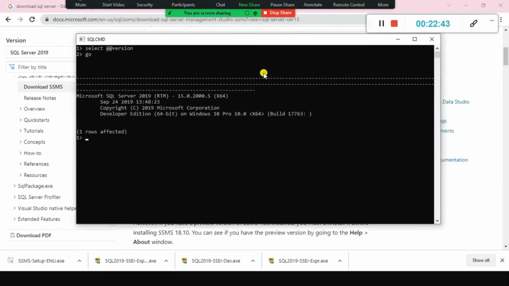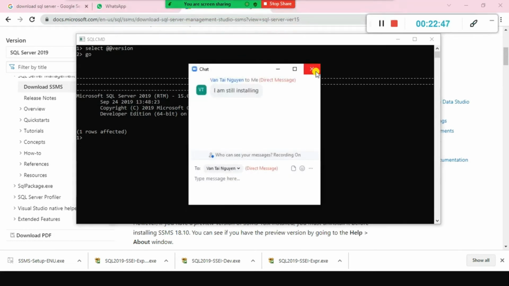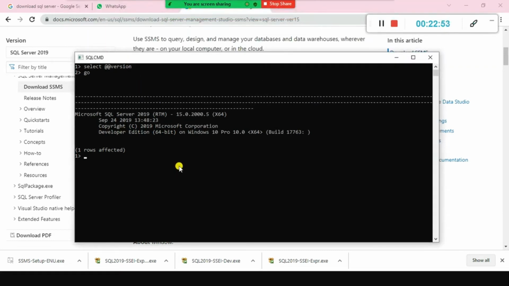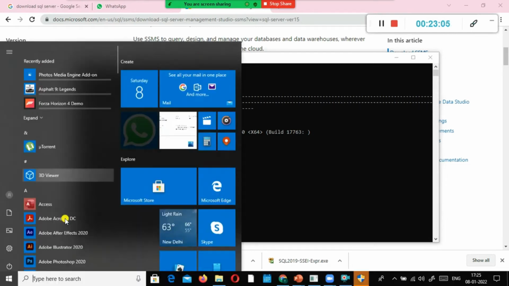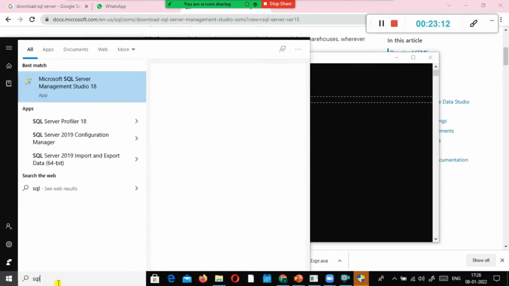Once the SQL Server gets installed successfully, no problem, you carry on. If the installation is in progress, you just minimize the window and watch my screen here. Once the installation gets completed successfully, go to your start menu and type SQLCMD.